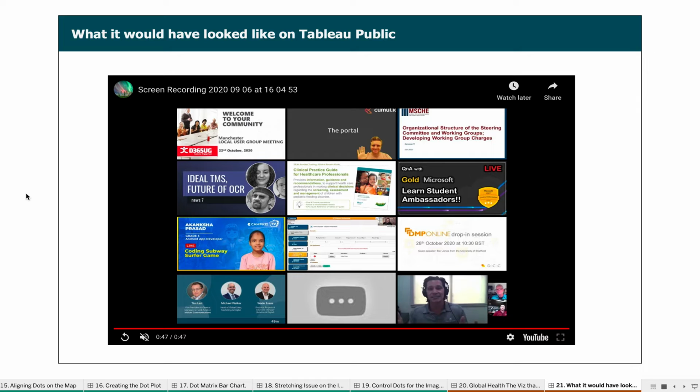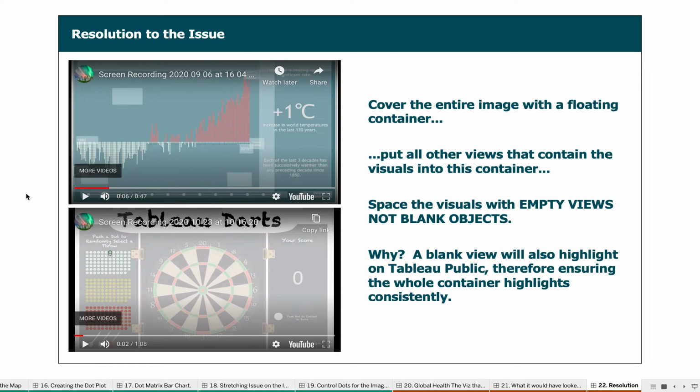And I've done that with another Viz that I've created. So now let me just walk you through that. At the top of the screen, what you're seeing there is the Viz in question that we're looking at now, and you can really see all this blotchiness and all this graying that really doesn't look very good. Then at the bottom of the screen, you can see another Viz that I've done, which is